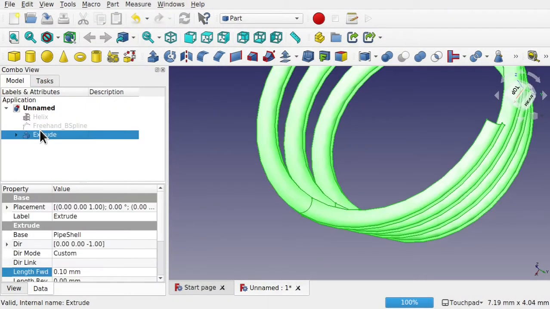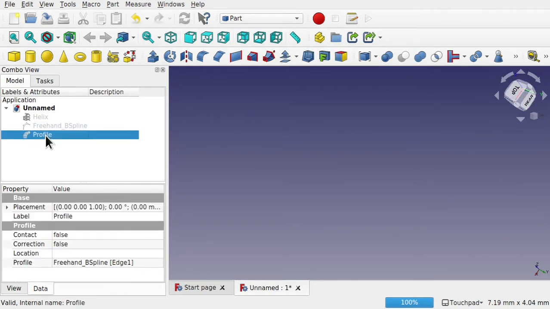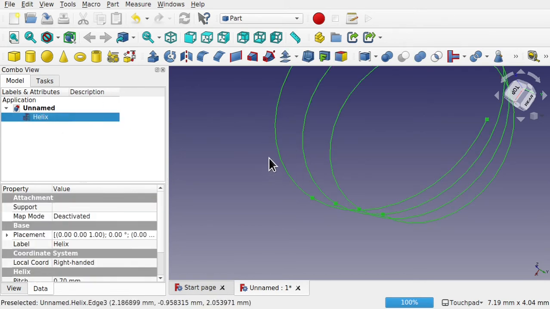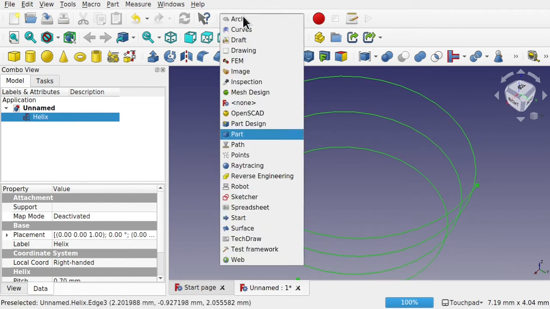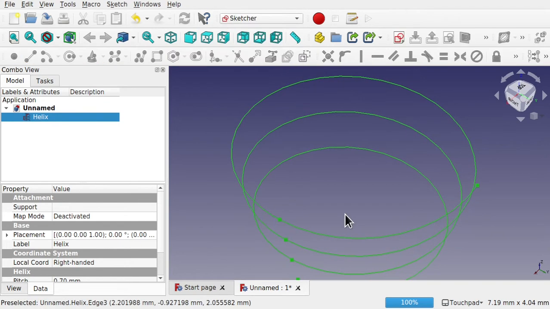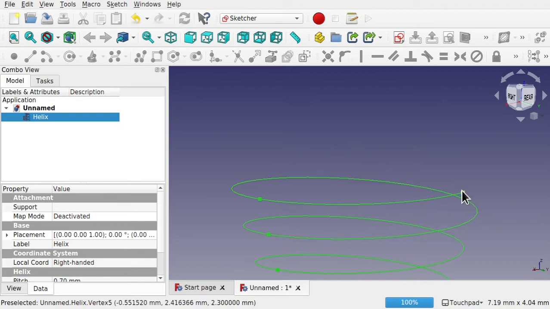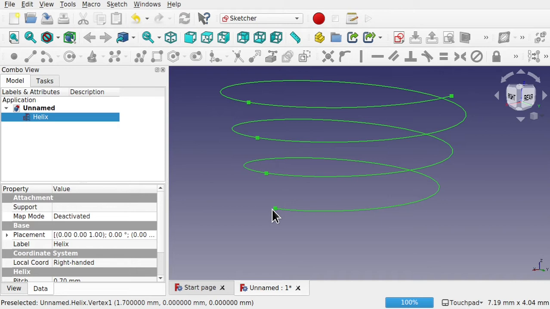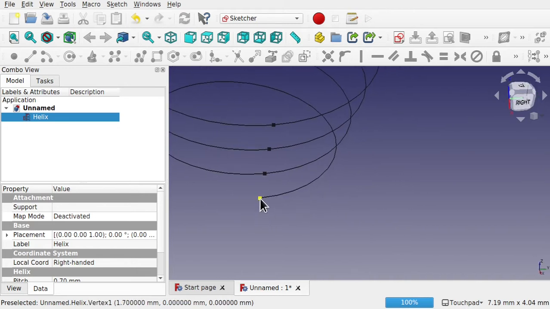Let's try something different. So let's get rid of the extrude and the pipe shell, profile, the spline, and just leave the helix there. Jump over to the sketch, and we're going to create something along one of these points, a profile along one of these points. You can use the bottom point again here. Let's have a look, see where this is going to position that. Let's click that bottom point